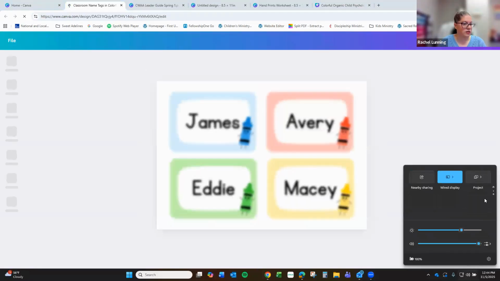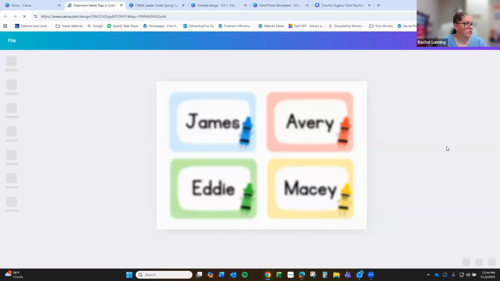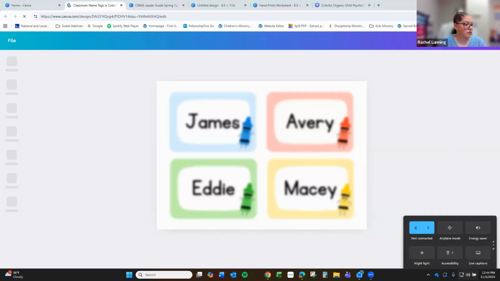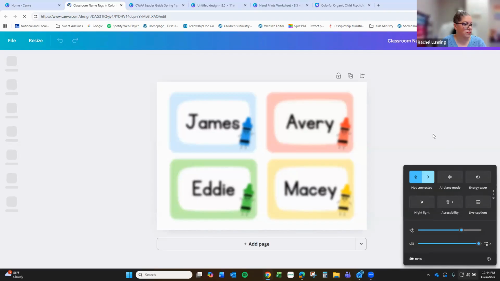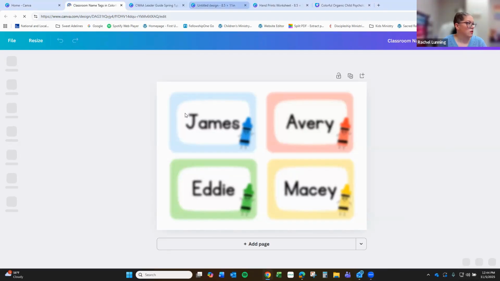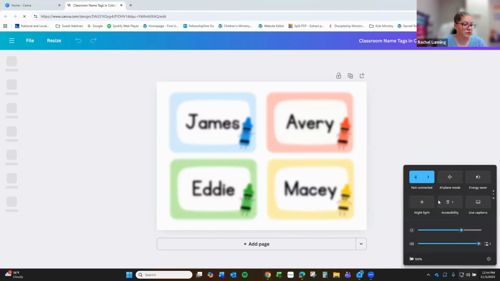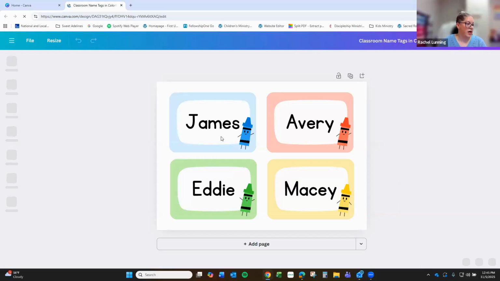Seems like my internet has slowed down a little bit. Give me one second. So this is the name tags. You'll see that there's obviously 4 different spots that you could put names in. So as soon as this loads all the way,